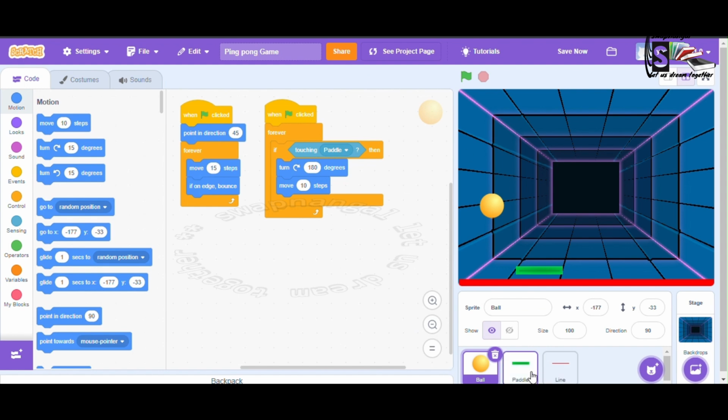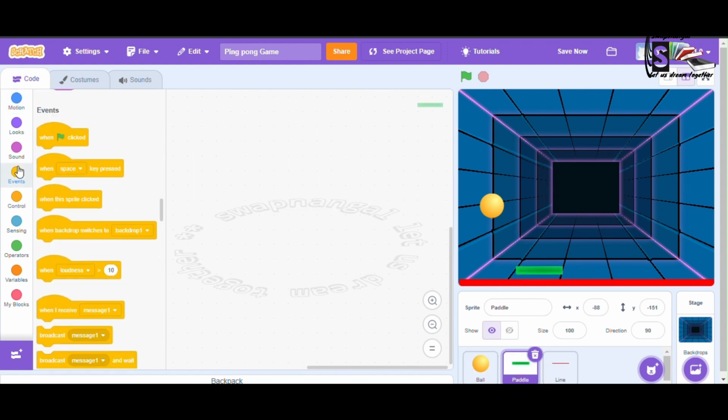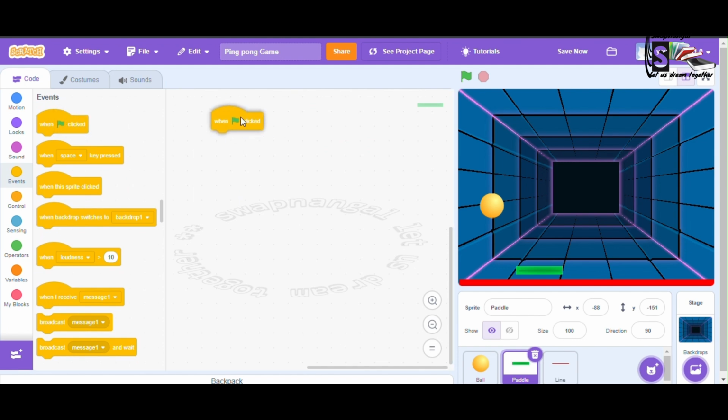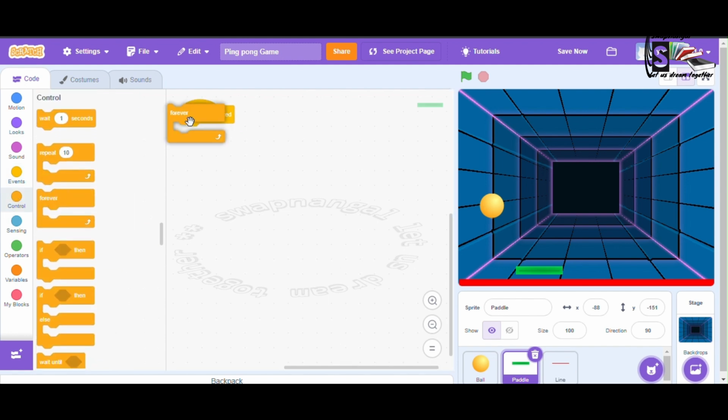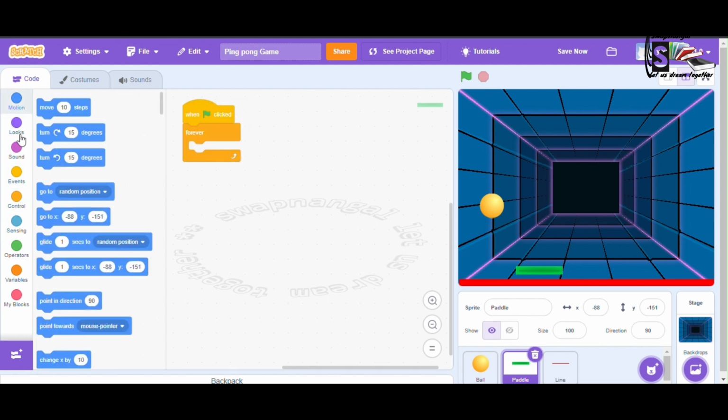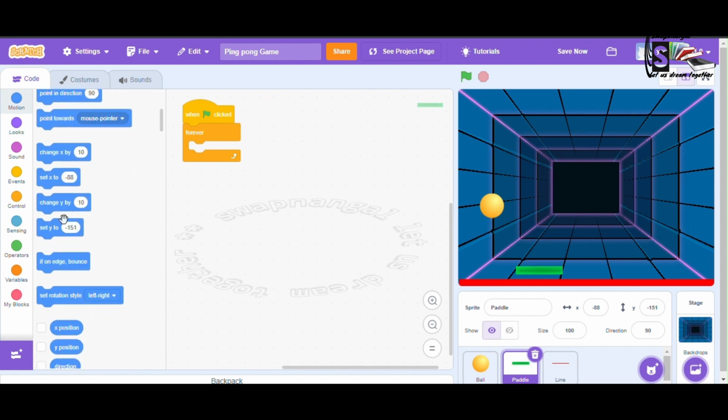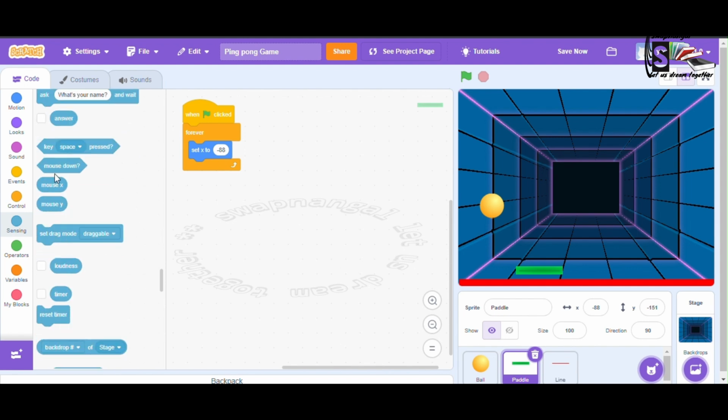Okay, now that we're done with this, let's go to the pedal. An easy way to move the pedal is a very nice way and I like it. It's when green flag clicked, forever set X to mouse X, and then